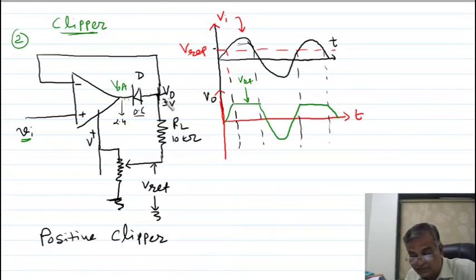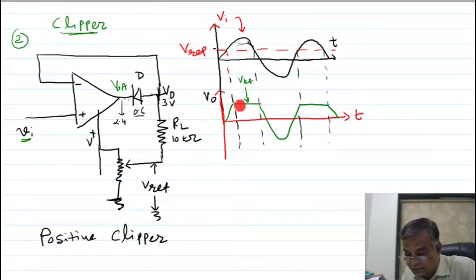When this voltage is more than this voltage, meaning 2.5, 2.6, 2.7, the cathode voltage is more than the anode voltage. This is in reverse bias. Current does not flow. This behaves as open loop operation. In open loop operation, the output voltage will be equal to the reference voltage. If current does not flow, this voltage and this voltage are the same, so the output voltage is nothing but the reference.